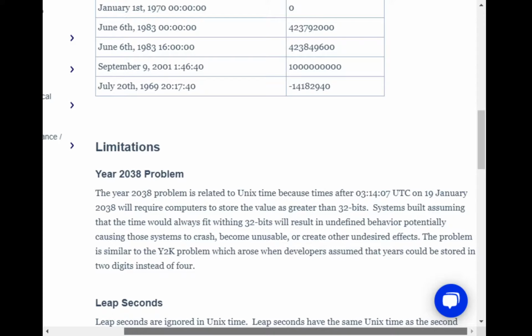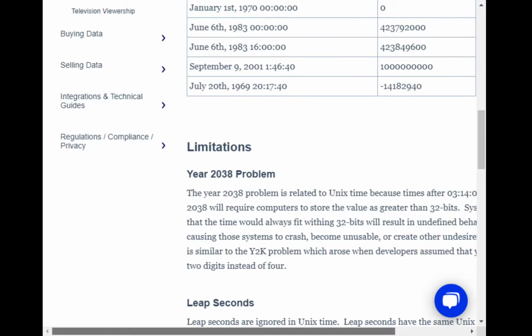So in 2038, there's going to be a problem kind of like Y2K for developers, engineers, programmers, whatever. Pretty sure it's mostly already figured out, but it's going to have to be a greater value than a 32-bit value. And that's something that's obviously easily overcome this day and age. Probably is going to make a whole bunch of developers busy, but it's not really the end of the world, right?